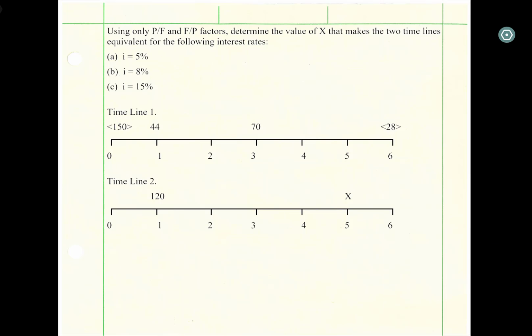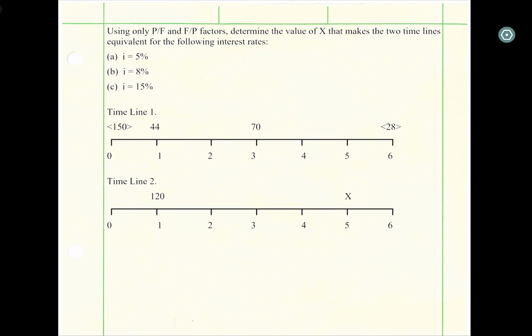Let's get started. Our general approach is to set timeline 1 and timeline 2 equal to each other and solve for the unknown value x. In order to compare two timelines or set them equal, however, we must first establish a common basis. I'm going to convert timeline 1 to an equivalent timeline and do the same thing for timeline 2, and then set those equivalent timelines to each other.